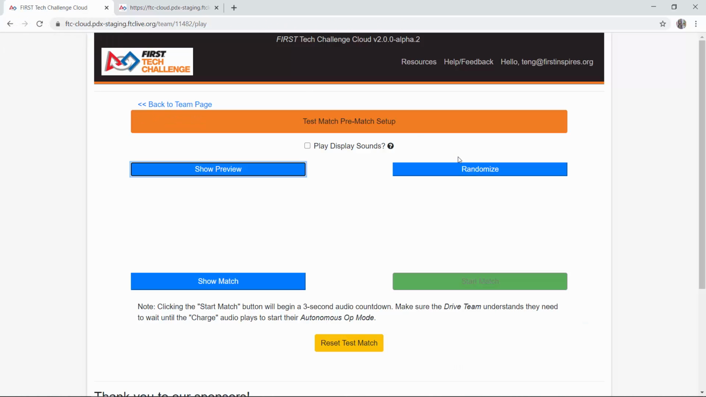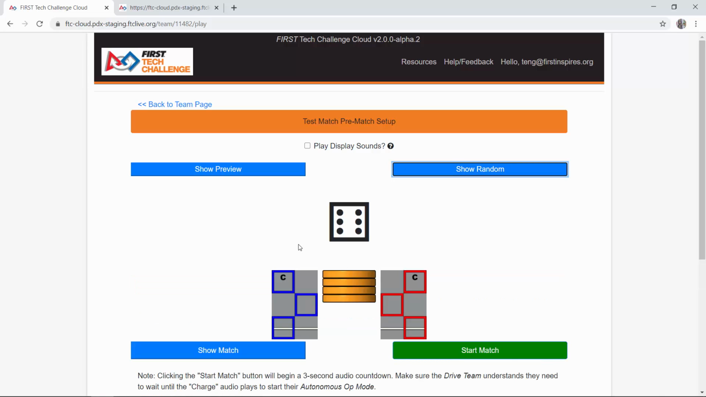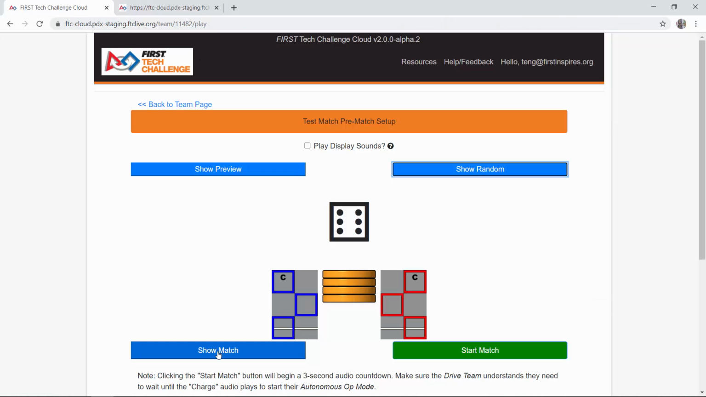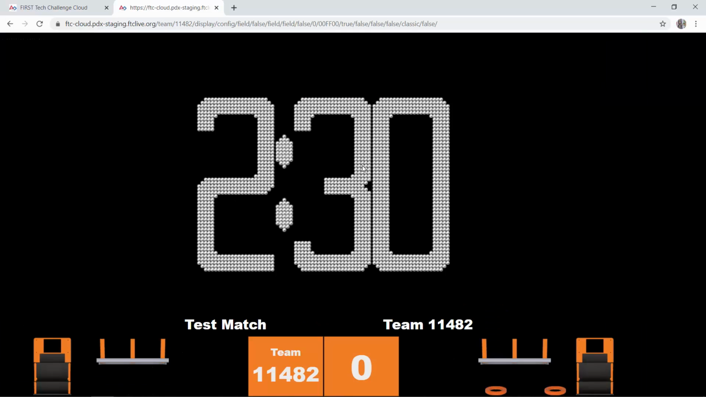And then I can randomize the goals for the autonomous portion. You can see this is a 4 stack, and they're supposed to drop the wobble goal in the target zone C. And if you had a field side display, you'll see that in this field side display. Okay, and then I can show the match like I'm getting ready to start, and here's the timer, and here's